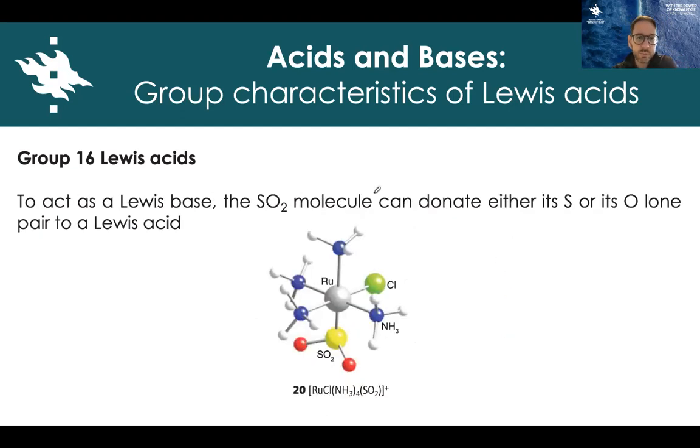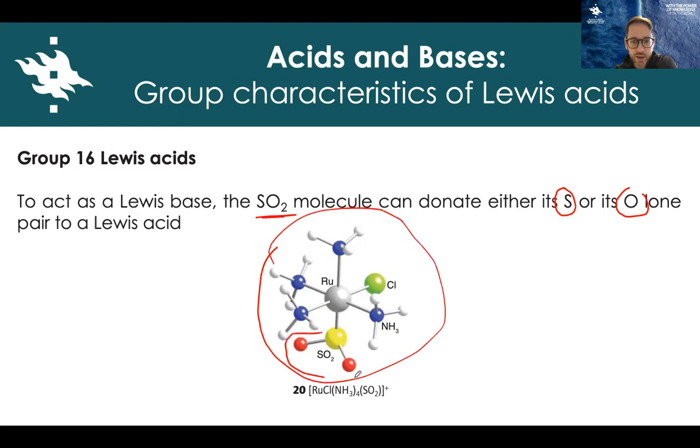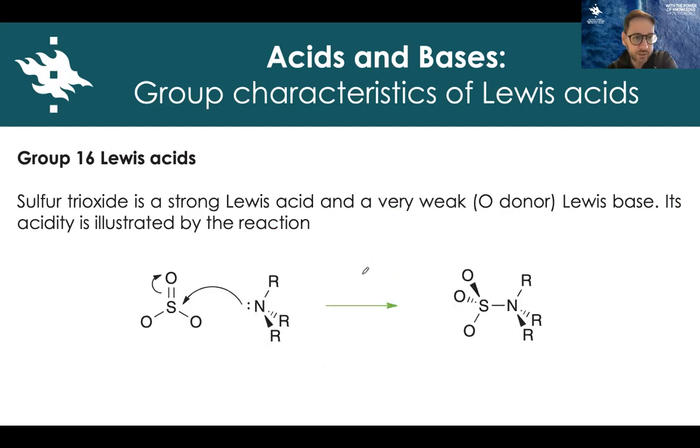And acting as a base, sulfur dioxide can donate either lone pairs from the sulfur or oxygen atoms to a Lewis acid. This is an example of this species acting as a Lewis base, here donating an electron pair from the sulfur atom to a ruthenium